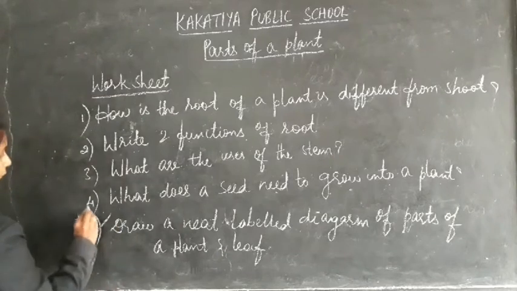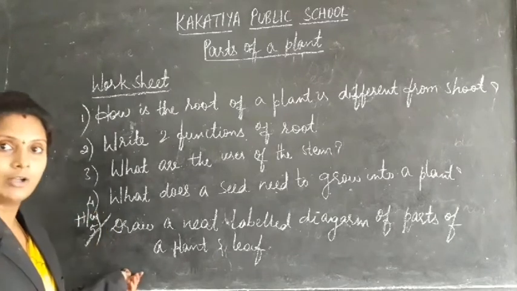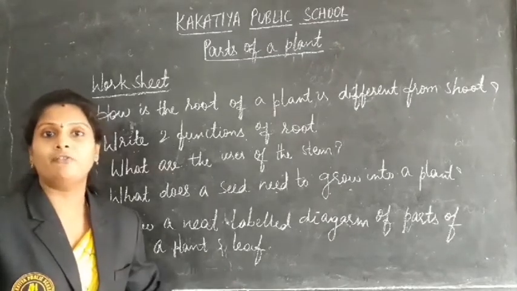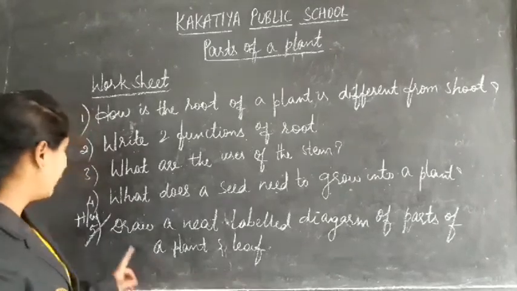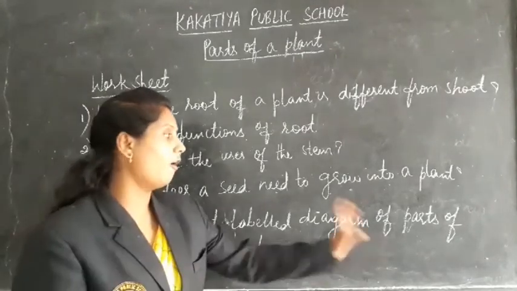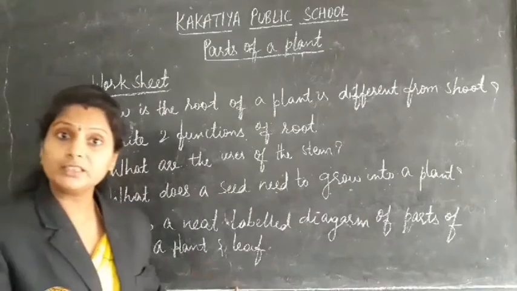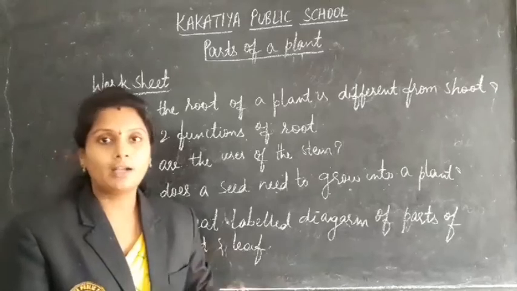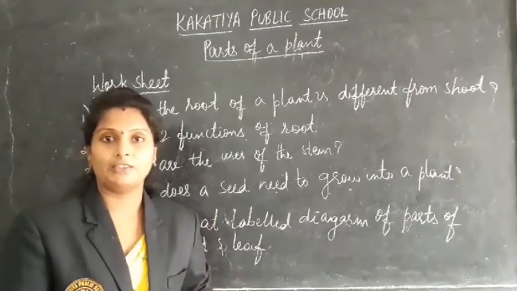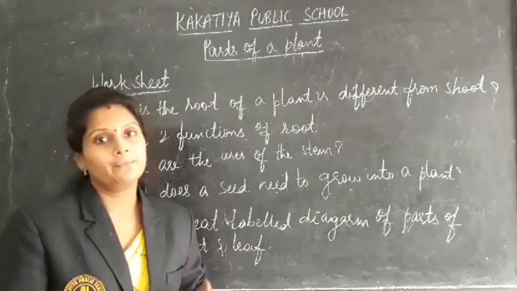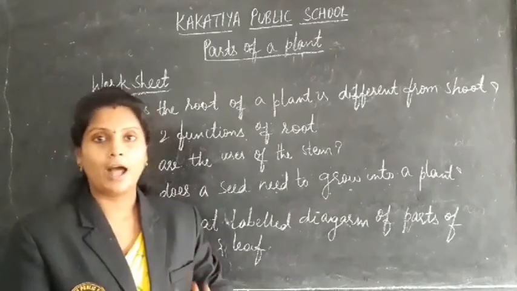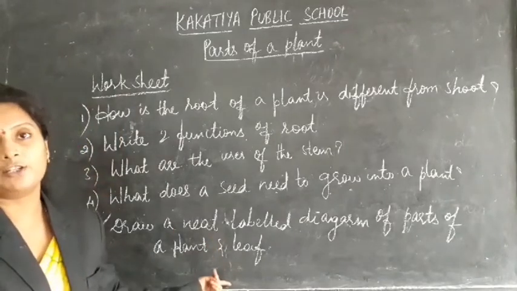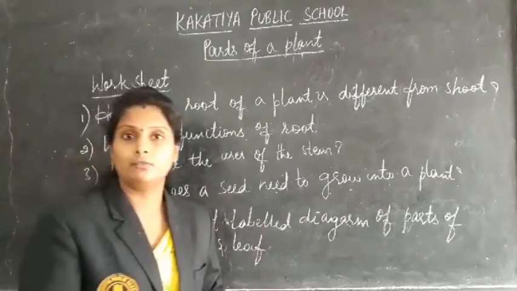This fifth one is homework. Previously also I gave you this homework. Again I am giving, and I will definitely ask this question for 5 marks in the examination. Draw a neat labeled diagram of parts of a plant. This time also, leaf is given again. Leaf also you need to draw, color it, and write the parts of a leaf like stalk, lamina, midrib and veins. Enough, 4 parts. I will be asking these 2 diagrams in the examination for 10 marks and the remaining all for 10 marks.